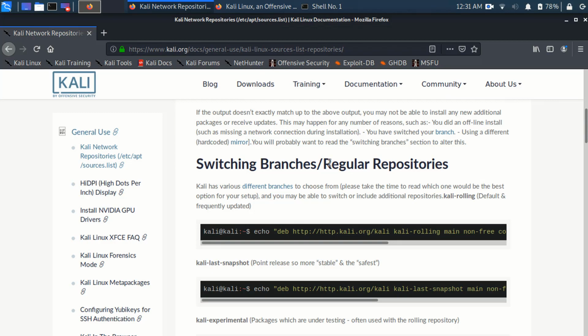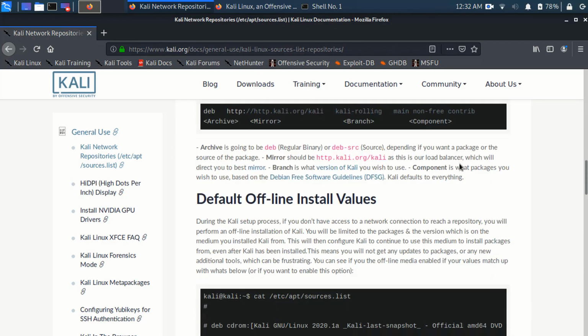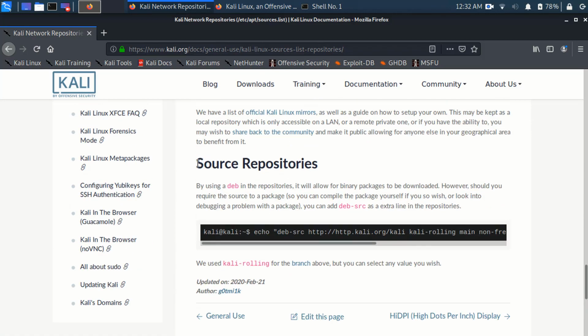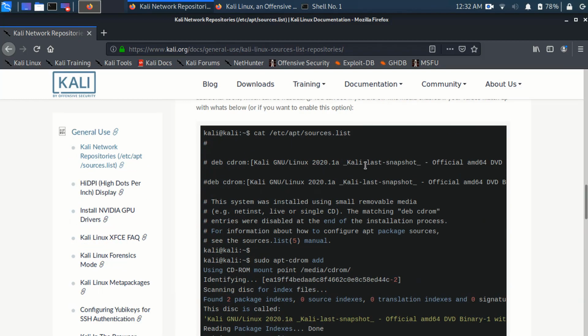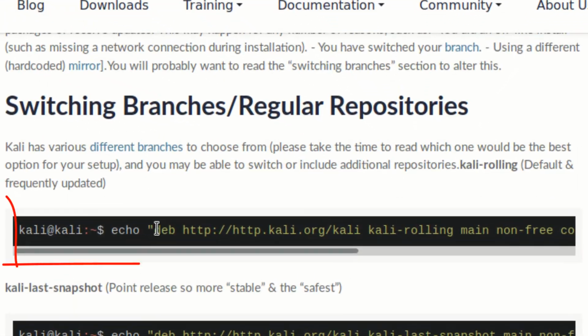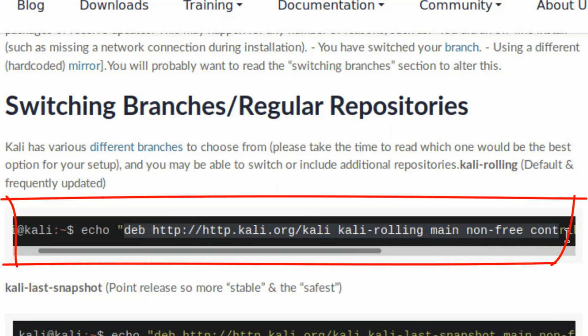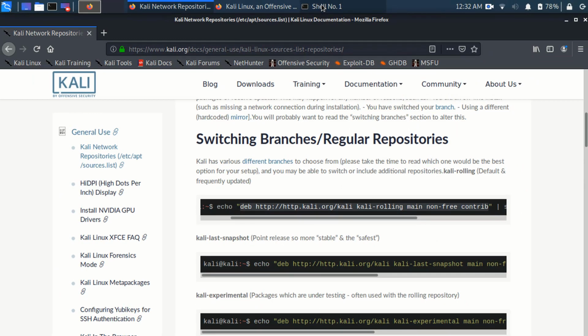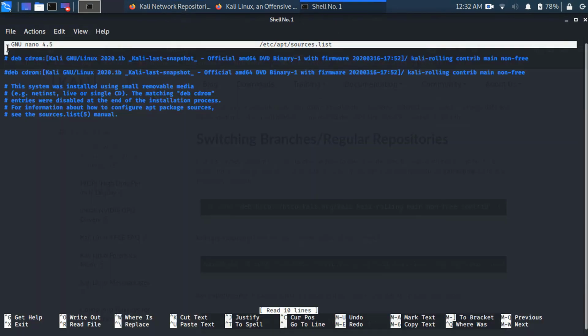We have to add all these repositories in our terminal, and these are the source repositories. We have to add this regular repository. So select that repository, copy it, paste it in this terminal and hit the enter key twice.